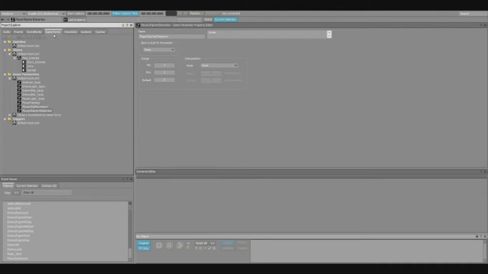I'm going to go to the game syncs, and here are three game syncs that we're going to talk about. Within the game parameters, game syncs are the things that talk between Wwise and Unity or Unreal, or whatever you're working in. Each of the game syncs determines the outline of the RTPC, I guess, is the easiest way to say it. So if I click player panning